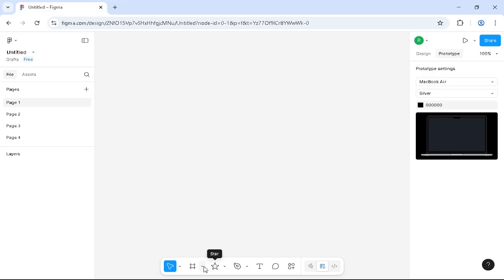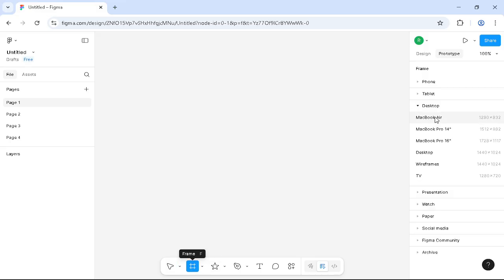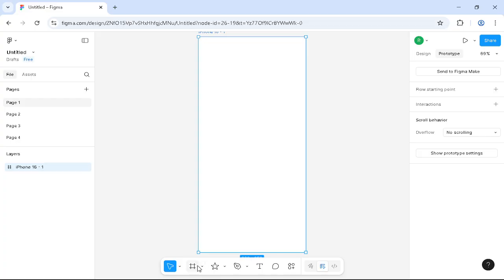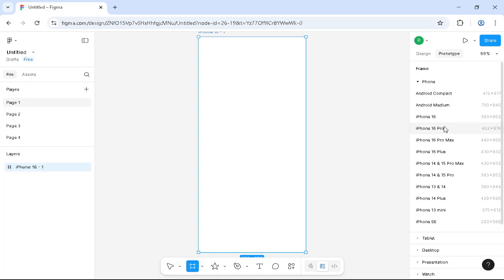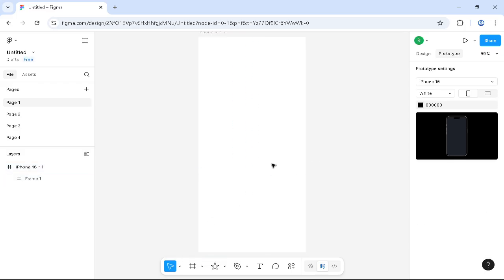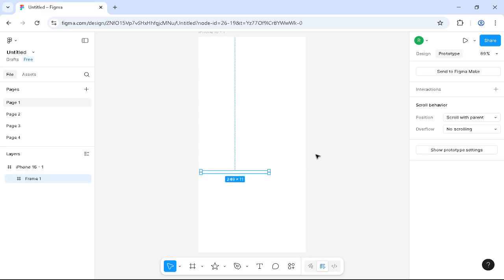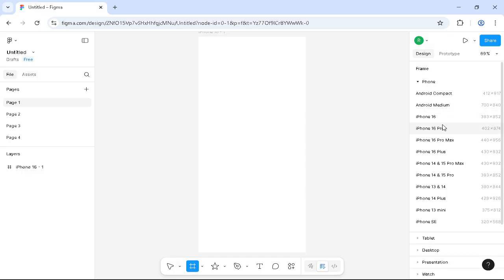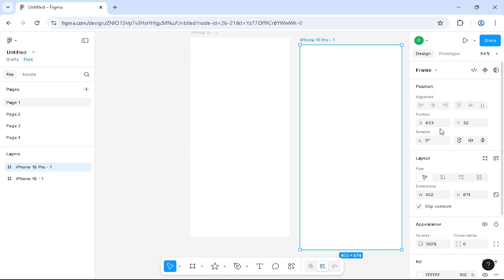So I'm going to start right now to add a frame, which is really the first frame, like the iPhone 16. And the second frame would be like, okay, I start to pull this frame out of here. Maybe it doesn't matter, but okay, I'm going for adding another frame right here, and